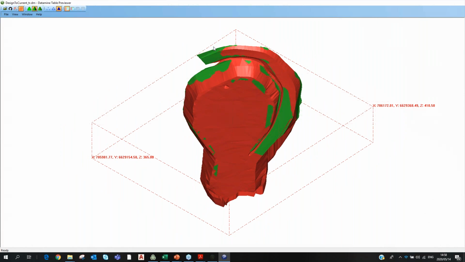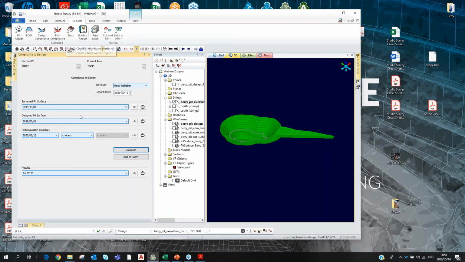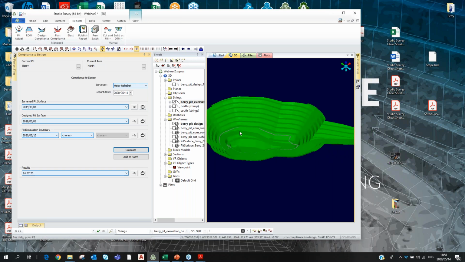So you can go ahead from this point and run publish. You can publish that report. In publishing the report, this is something that we could have done together with the end of month. And what we're going to do now is also do a compliance to plan. So the compliance to plan,